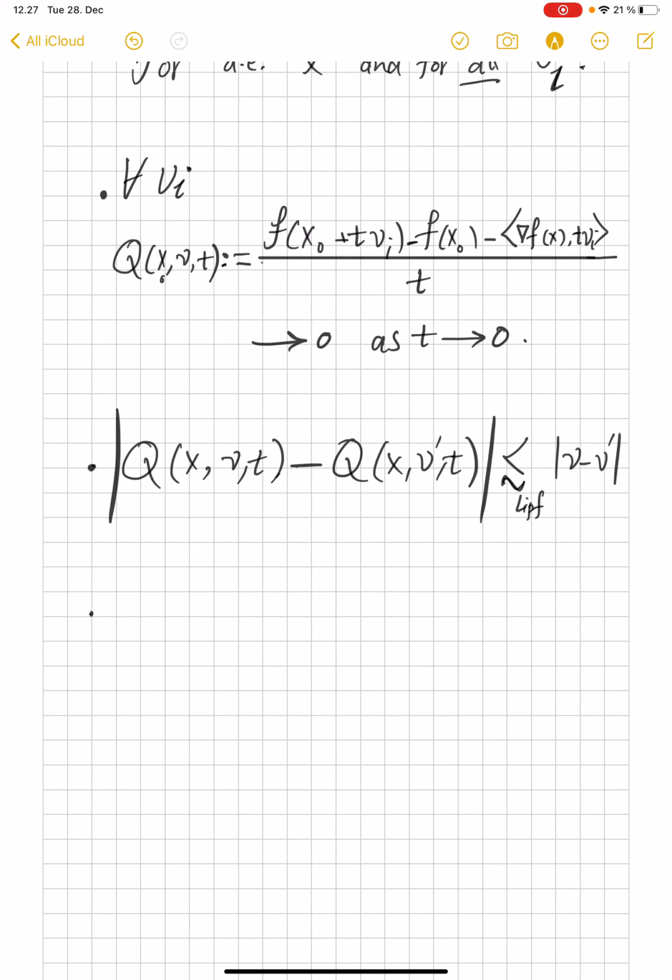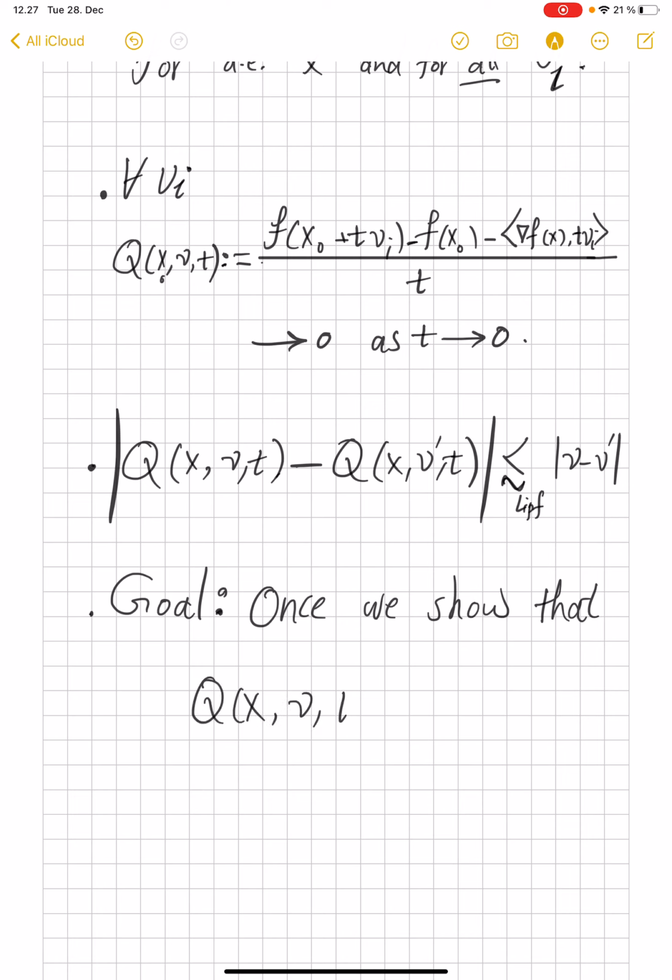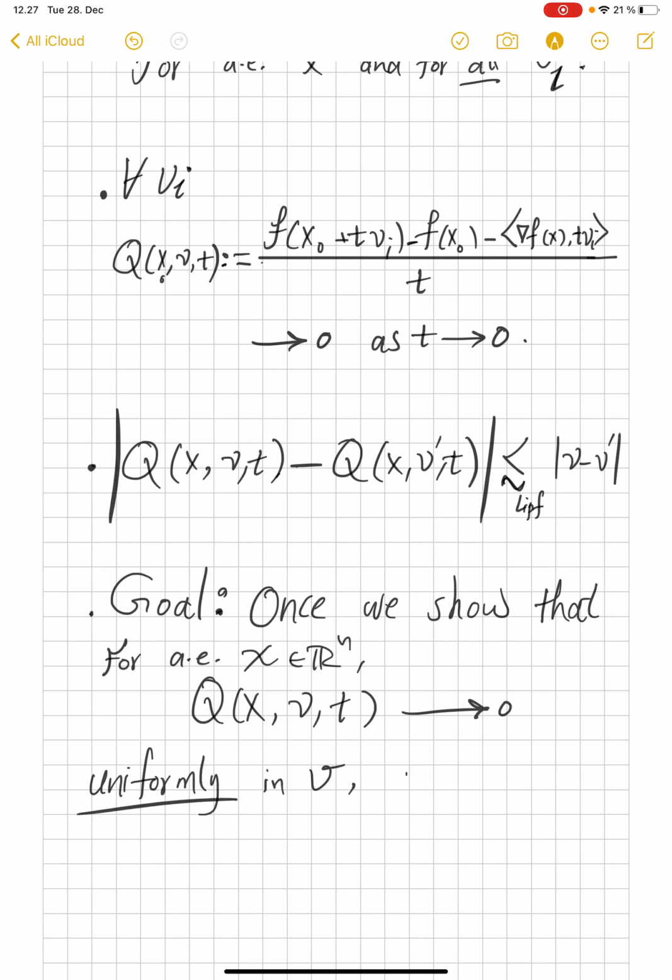Okay, the goal. Let's see. The goal: once we show that q_x(v,t), for almost every x in our domain, converges to 0 uniformly in v, we are 99% done. The 1% will be